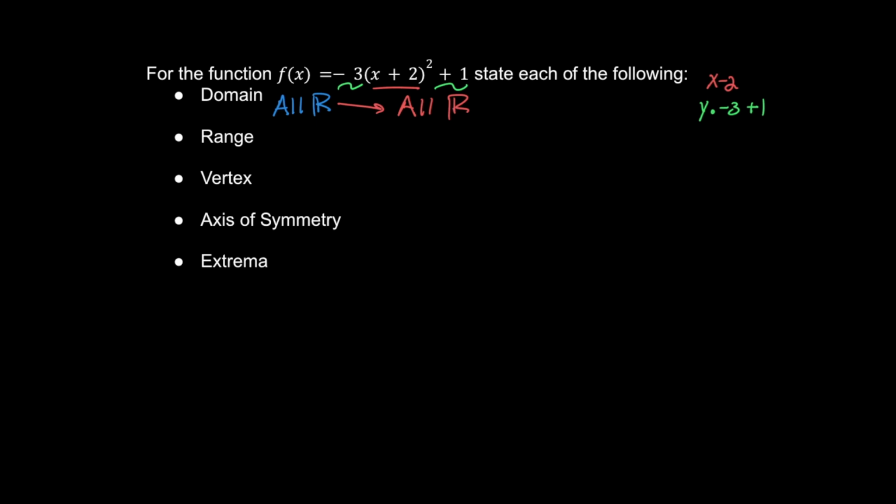Now range is a little bit different. Range starts off for the parent function as y greater than or equal to 0. The y values, we are doing two things to them. We are going to multiply by negative 3 and then add 1. So we're going to multiply all the y values by negative 3, and that's going to turn our new range